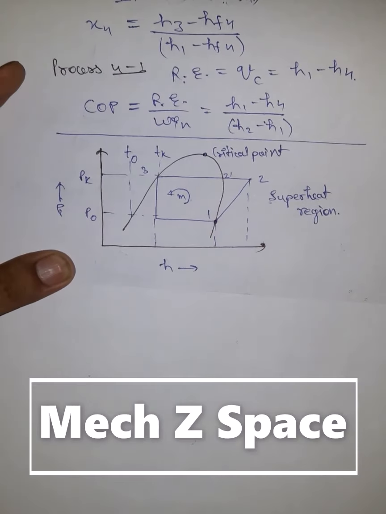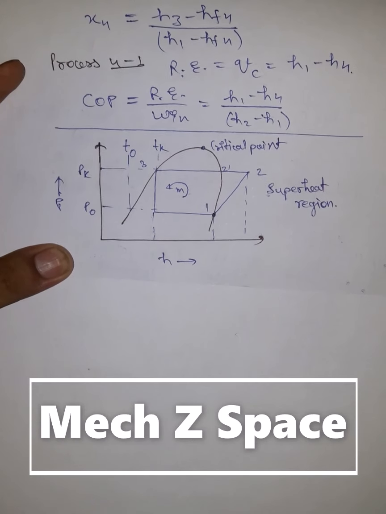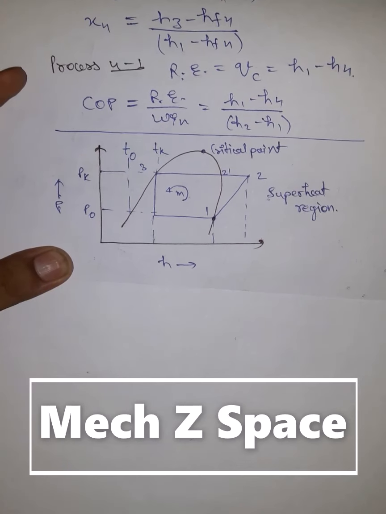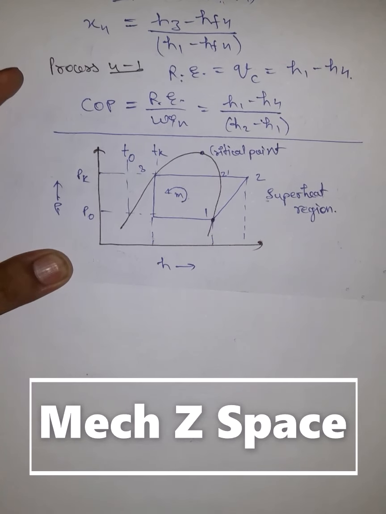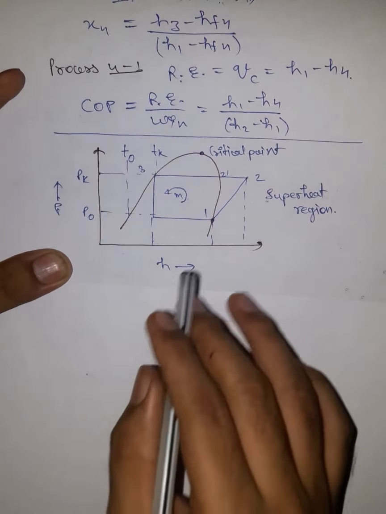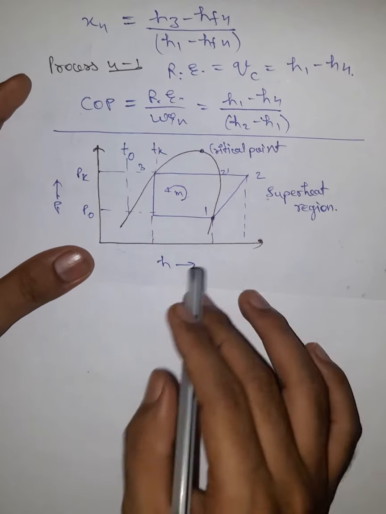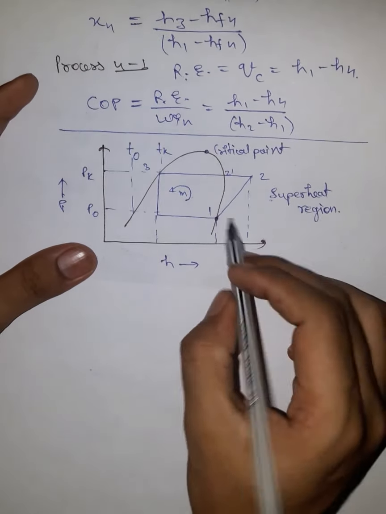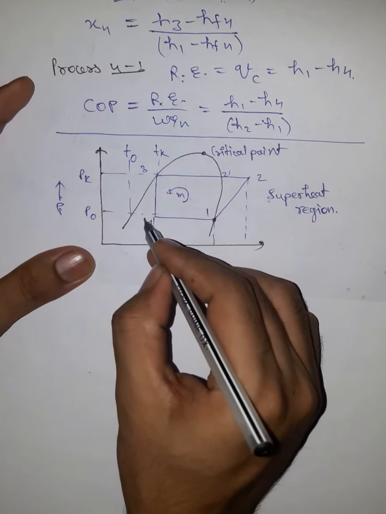So in the previous video we talked about the four processes that were involved in the BCRC cycle and their mathematical formulas that were involved in this cycle. Okay, now I have drawn the ph diagram over here, and I have mentioned the points that are over here.